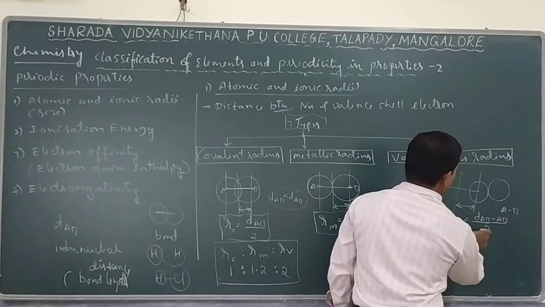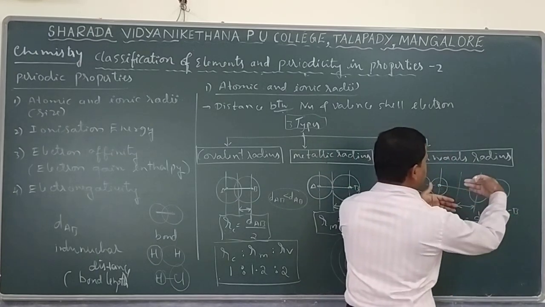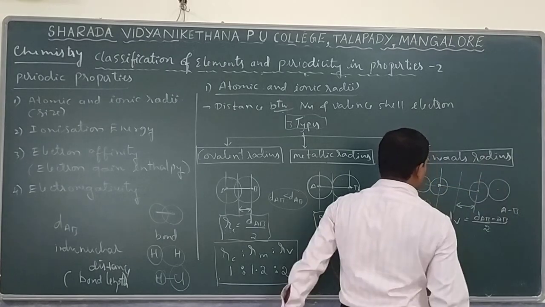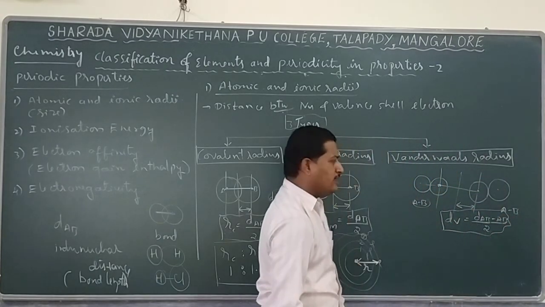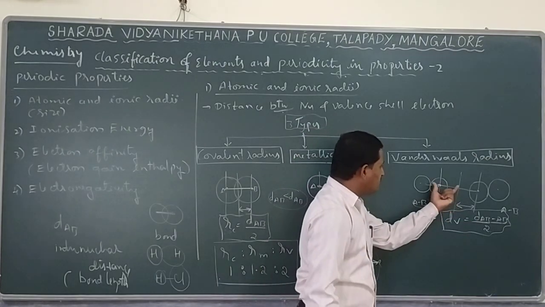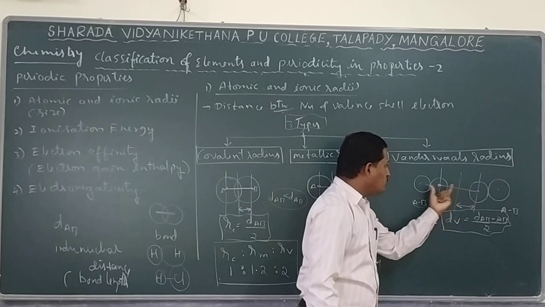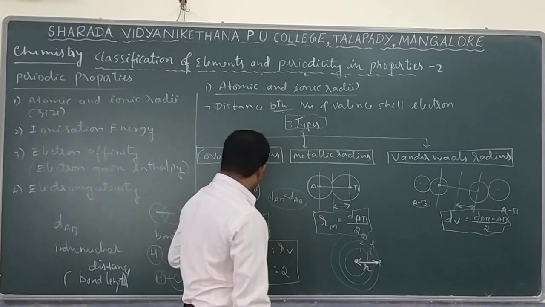Take the average value of that. So half of the intermolecular distance, or the distance between the two atoms closest to each other, tells about the van der Waals radius. And here the van der Waals radius is going to be more because the nuclear distance or molecular distance is more. In this other case, the molecular distance is less.